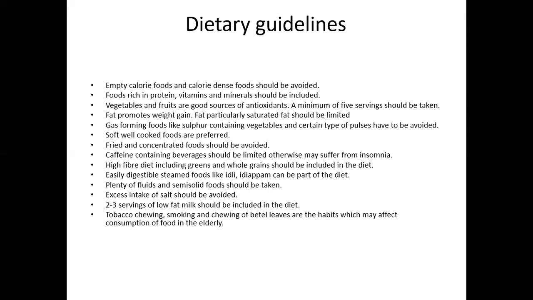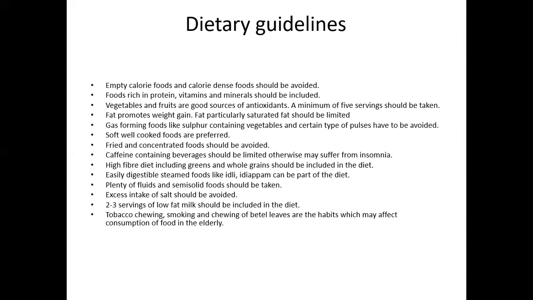So it's very difficult for them to digest and absorb all those complicated nutrients. So it should be on a very normal level. Then foods rich in protein should be given, vitamins should be given, minerals should be given, because all this increases their productivity, makes the immune system better, provides all the good functions needed. Then vegetables and fruits should be given, because they are a good source of antioxidants